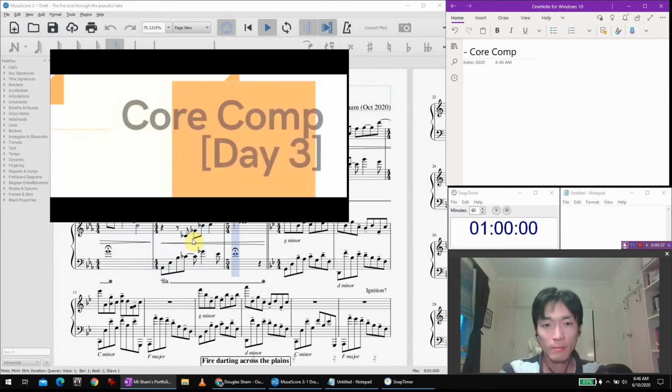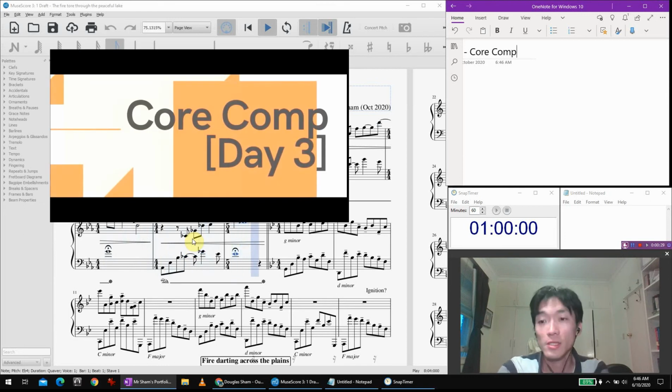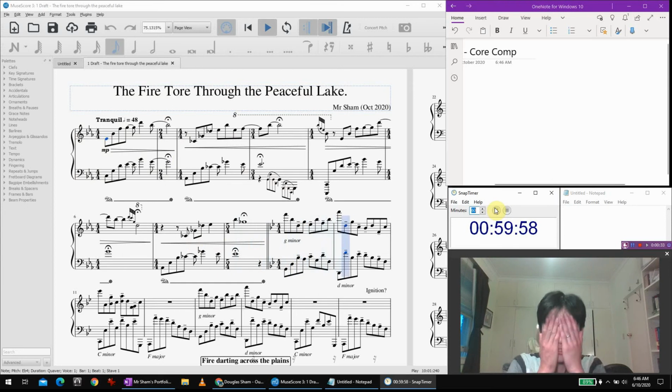Throughout yesterday, I didn't work on this since the morning, but there were thoughts that I had about how to develop the fast section, so we might do that today. I finished this one first.